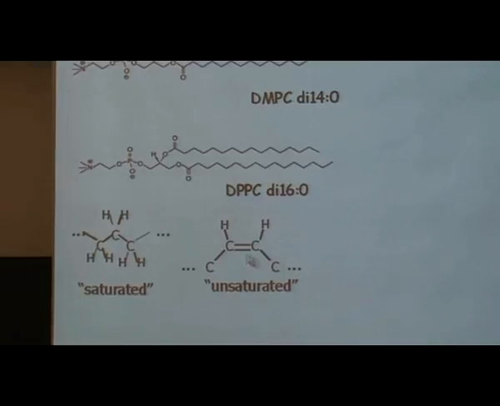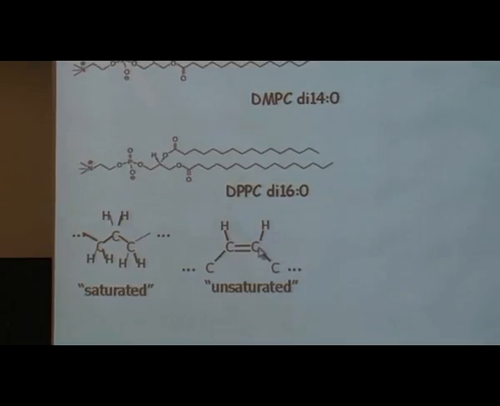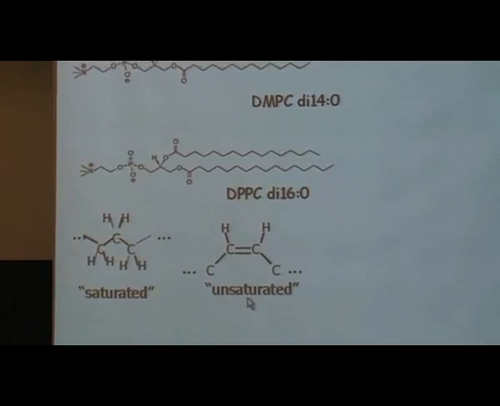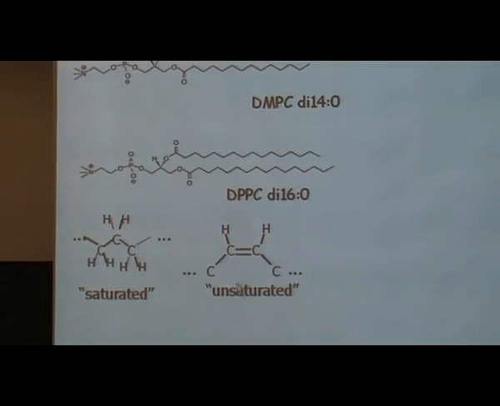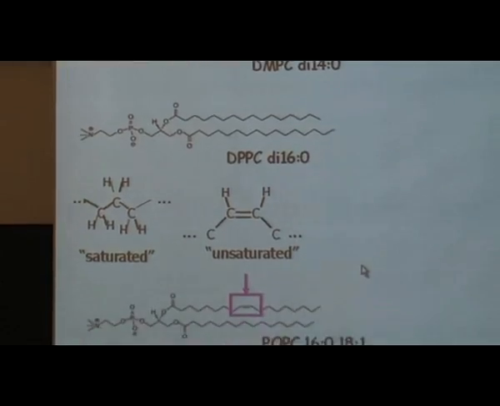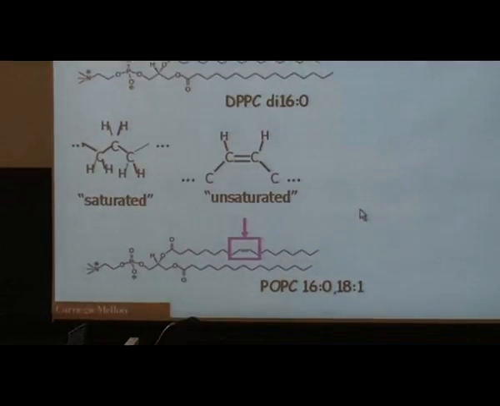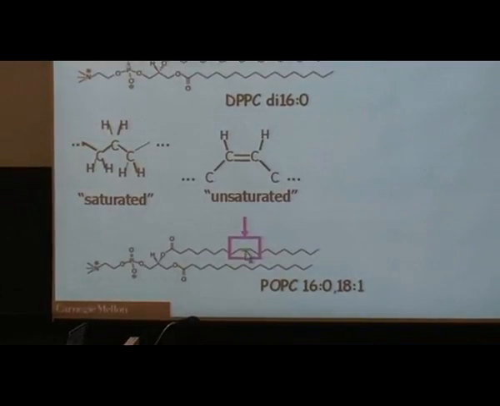And this one is unsaturated double carbon bonds, where there's a double bond here, and it doesn't have as much hydrogen. That's why it's called unsaturated. It could have more hydrogens if you added them. But this is an unsaturated double bond. And here's a molecule with an unsaturated double bond. It's on this chain right here.